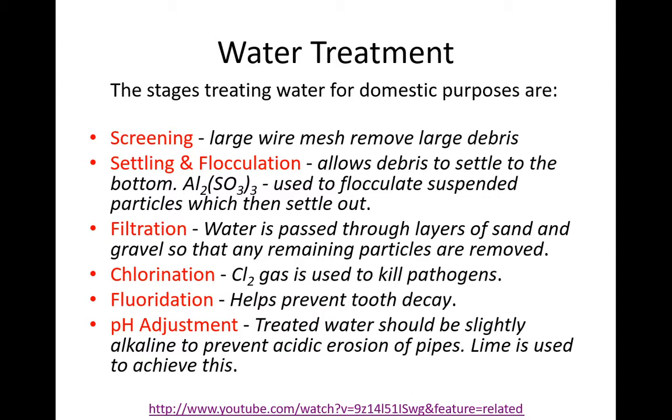So if it's too strong a base, they will add in some sulfuric acid, a very, very small amount. If it's too acidic, they'll add in some lime, and they simply treat the water just before it gets to your home with these chemicals in order to make sure that the pH is just slightly above 7, maybe 7.7 or something like that, but slightly on the alkaline side. So those are all the stages that we go through before the water comes from the river or from the reservoir